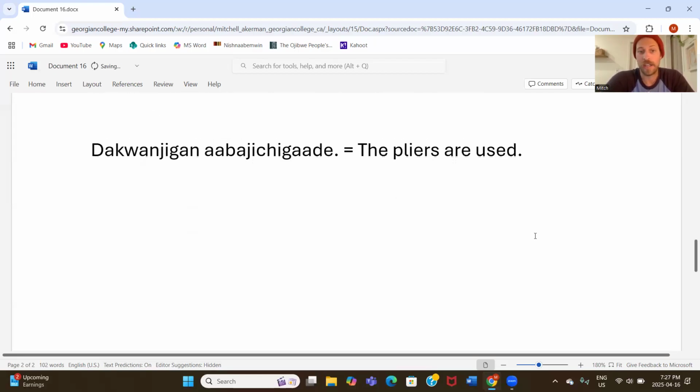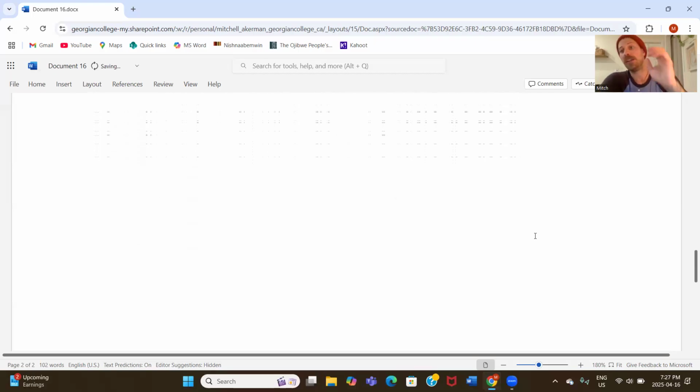So now we're going to shift gears and go into the world of plurals and learn how to make VAI and VII verbs plural for the third person or for the object plural. Let's have a little look at these and make some plural sentences. So I'll restate the rule on VAIs, and see if you can remember this as we go, because this is really critical to know. So on a VAI plural,